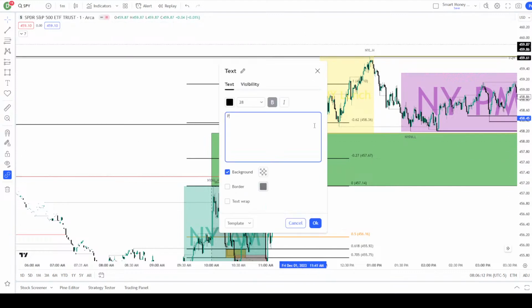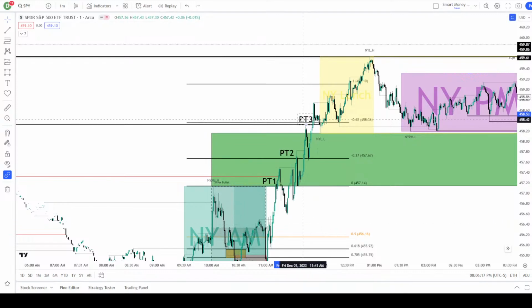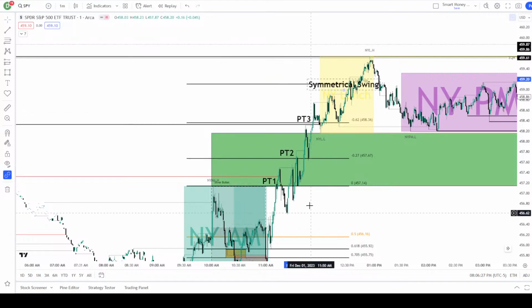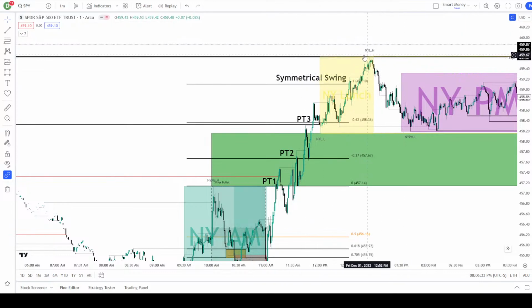Oops. Price target 3, however you want to label it. Right there, delivered through it. Okay, at this point in time, I'll tell you guys how to trade this, but symmetrical swing is our price target 4. And there's our previous high, or our draw on liquidity, which is why it went all the way